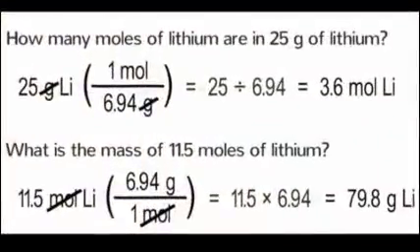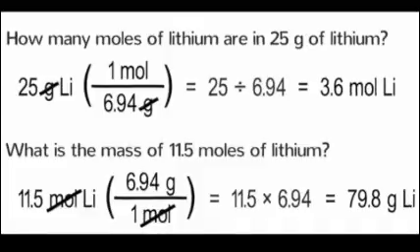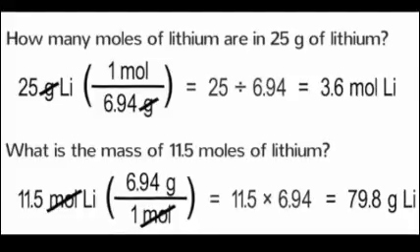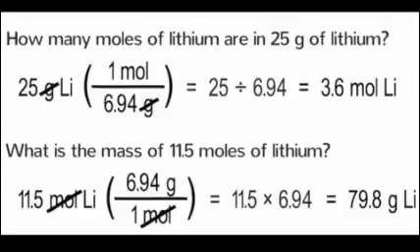Now let's do an example. First, how many moles of lithium are in 25 grams of lithium? So the first thing that we do is we use what we already know, which is the 25 grams of lithium. By using this, we multiply it by the molar mass, which is 6.94 grams per 1 mole. The grams cancel out, and we are left with only moles, and when we multiply it out, we get 3.6